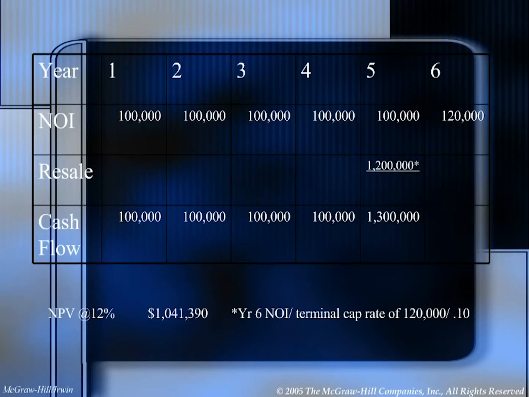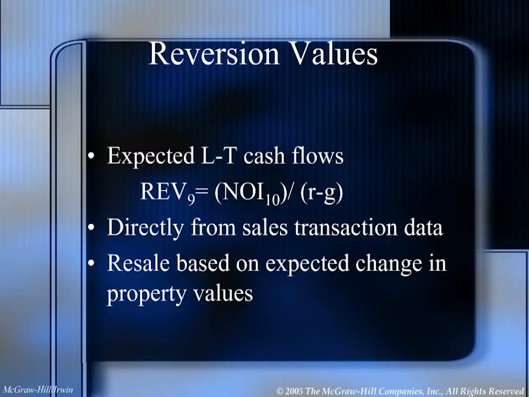And here's another look at this same problem. $100,000 at the end of every year, and then 1.2 million in the 5th year, and then you just find the present value of these cash flows. So we could find the reversion value or the sales value at the end of the time period, as we just did, looking at the long-term cash flows and saying, well, at a certain point in time, so say the NOI at time 10, then we have a constant growth. So we divide that by the required return minus the growth rate, and that would give us what the property was worth, the reversion amount at time 9. And then we need to discount that back 9 years to find what today's value is of that.